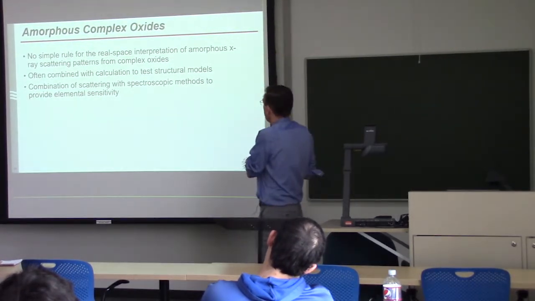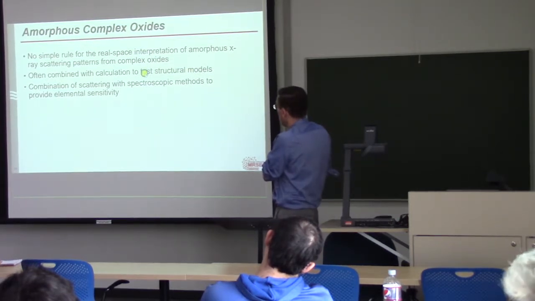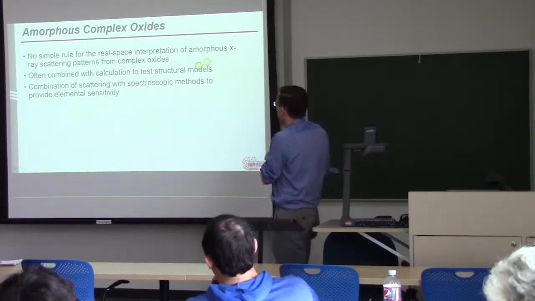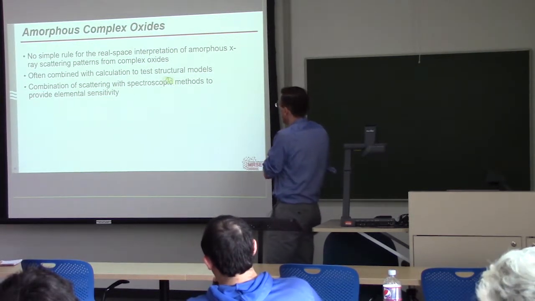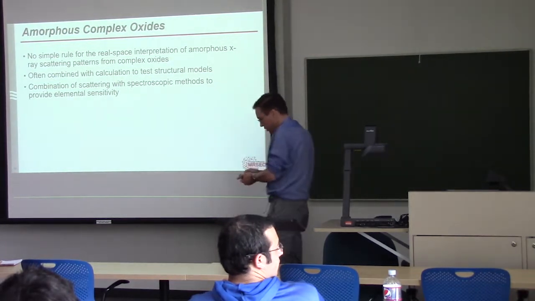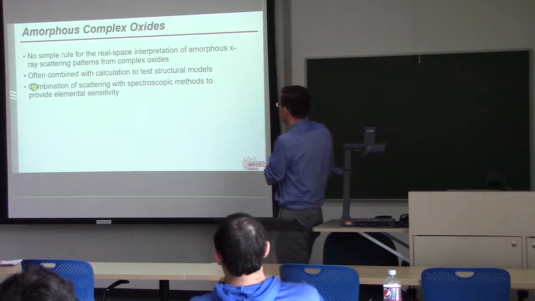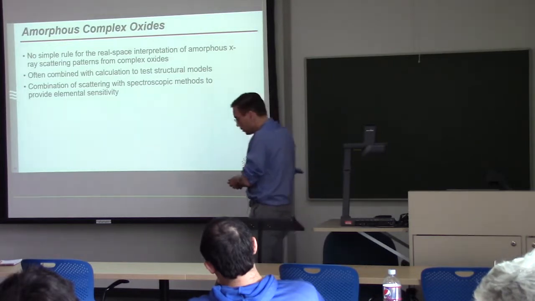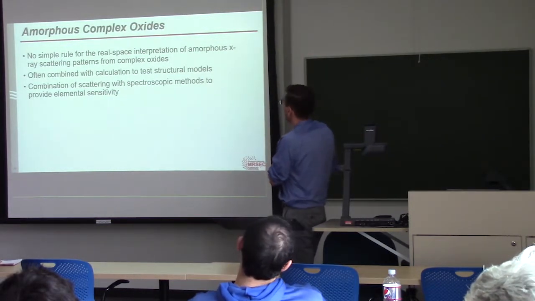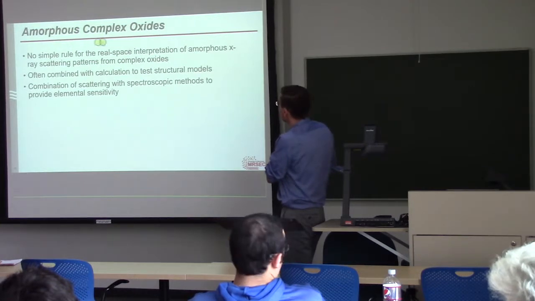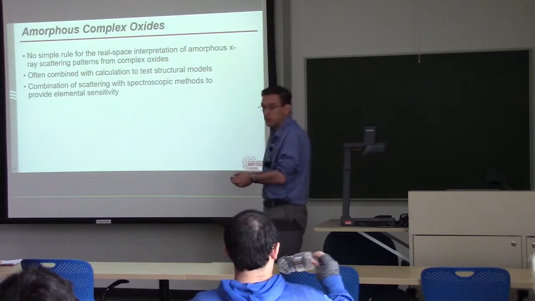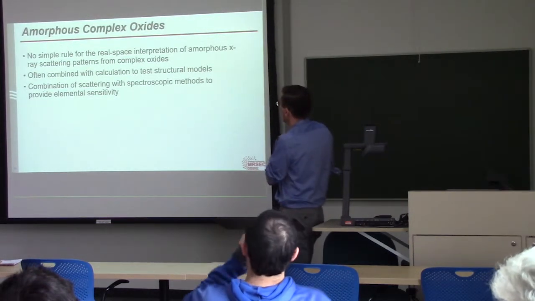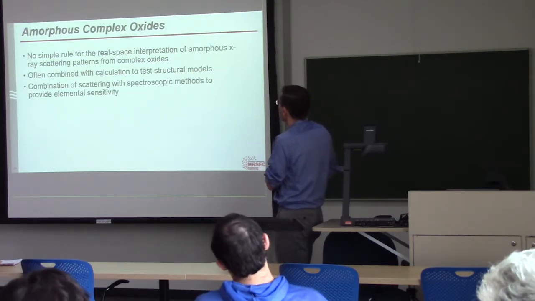And you can see that also in the work that Paul presented. So for example, the molecular dynamics would tell you what candidate structures you might be seeing, and you can in general unravel the key local configurational issues by combining it with some spectroscopic information from X-ray absorption spectroscopy or from these partial pair distribution function or radial distribution function methods. So that's the state of the art, and you can see that in comparison with the understanding of the metallic glasses, the amorphous complex oxides are still at a relatively early stage.